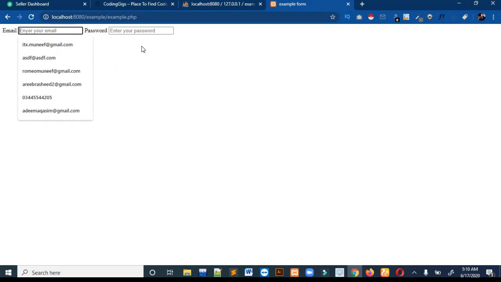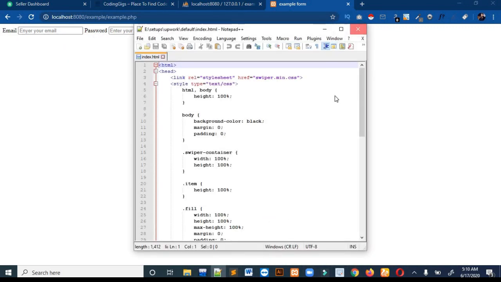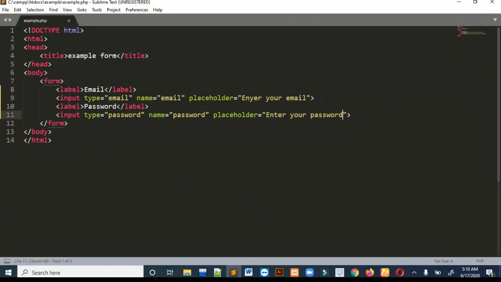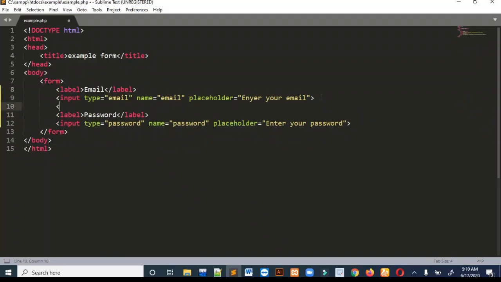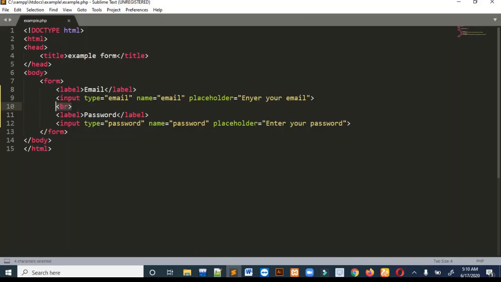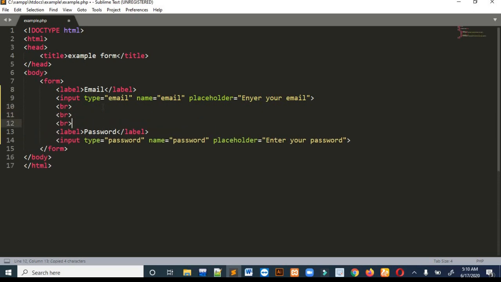So now you can see that it is a bit fine. Let me place a new line between these two. Now I think this is fine.